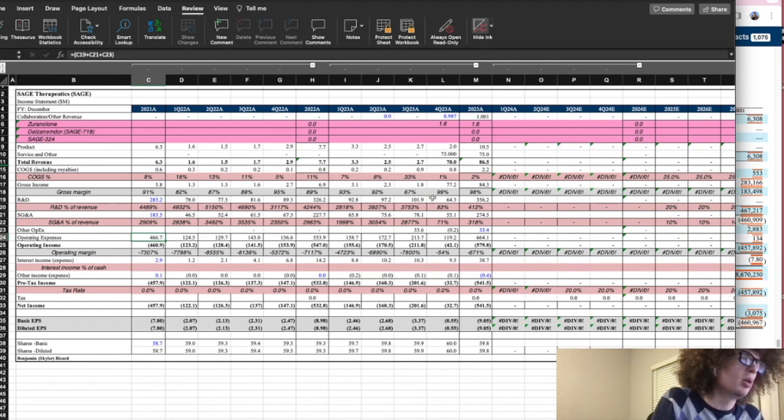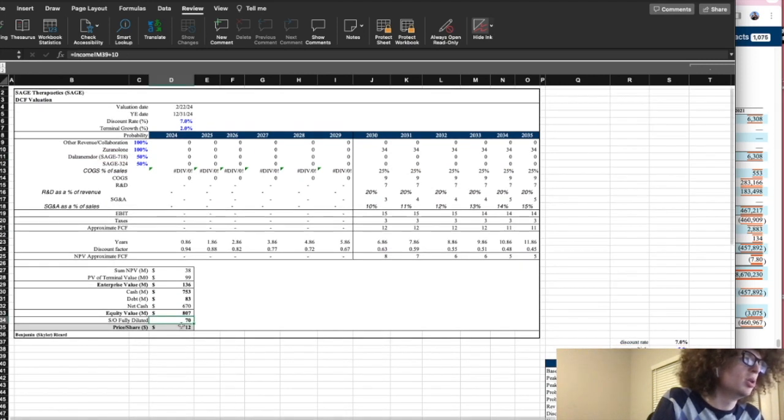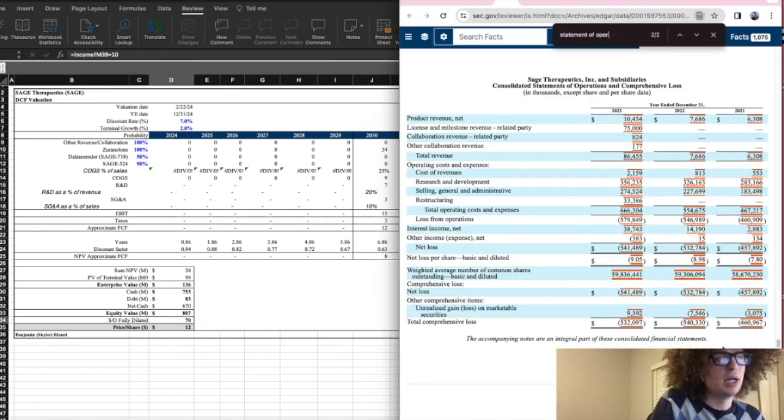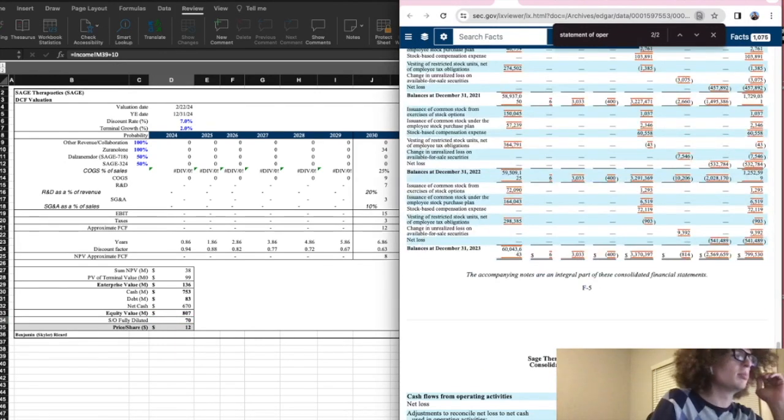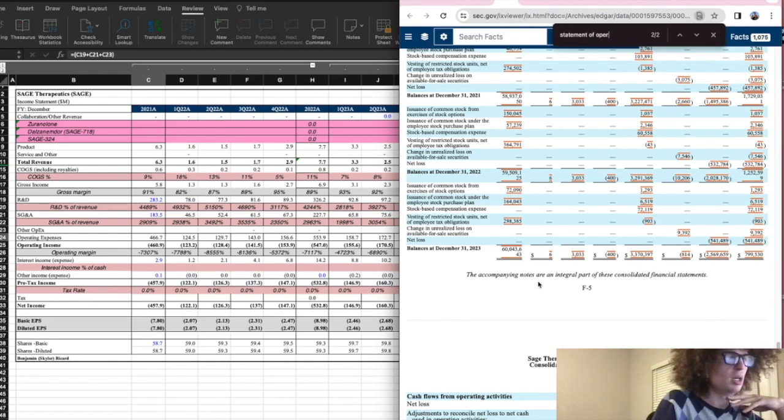And then next, we want to look at the valuation tab. The only thing here that's important to know is to update the shares fully diluted, so where we got that here. It brings up a point, and I don't know if we'll talk more about this later, but it's important to know about dilution effects. Stock dilution, if you're not familiar, is basically if you have too many outstanding shares, or you have dilutive shares, which are shares that can become regular shares when the company is profitable. You can read more about it. It's actually not the best description, but for our purposes,